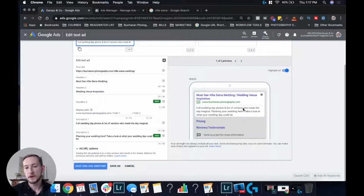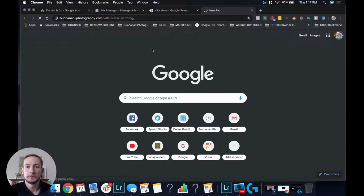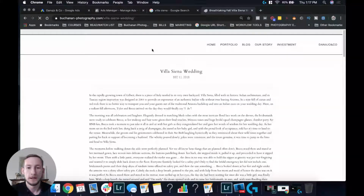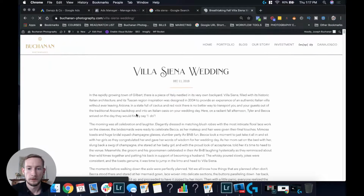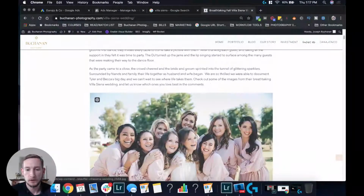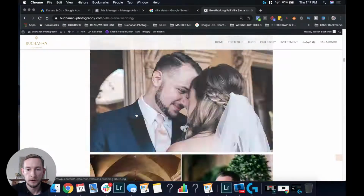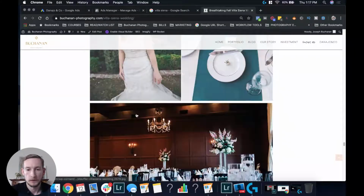So I wanted them to come over to my website. If they click on this ad, I'm basically sending them to this link. And in this link is basically a blog post of the Villa Sienna wedding, right? So I got this write-up. It's a big long story, and then it goes into all the photos. And then at the bottom,